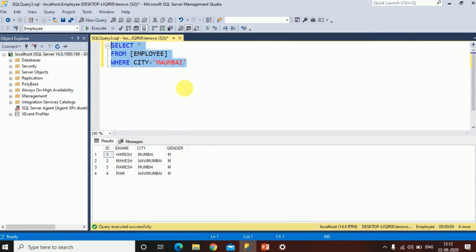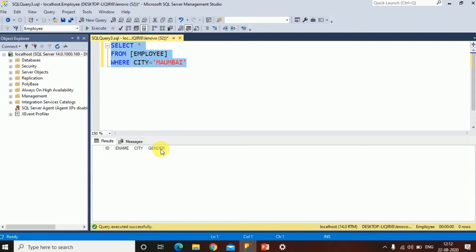All the records which satisfy the condition where city is Mumbai will be retrieved and displayed. In our case, ID 1 Harish and ID 3 Ramesh will be displayed. Let's run the query and check.